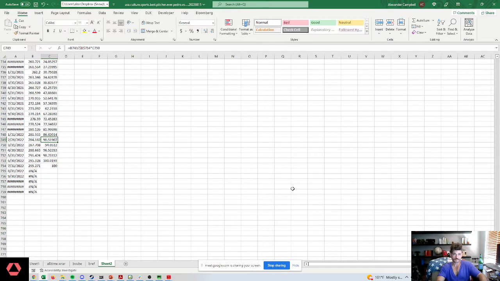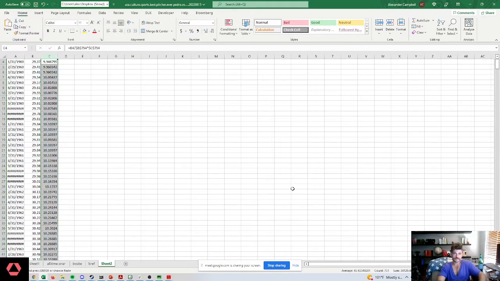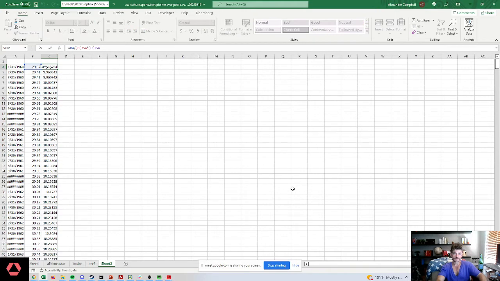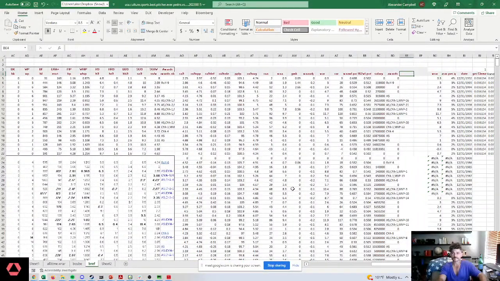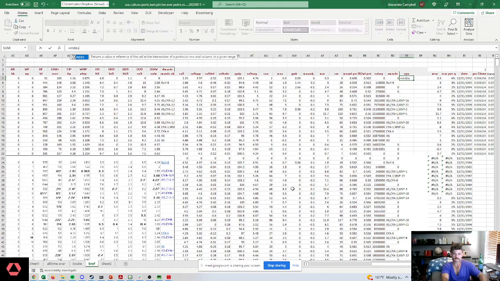Still wrong. Okay, there we go. But that seems wrong too. CPI is really, okay. Yeah, okay, fair enough. So we're going to take salary, say NPV. Okay, equals index,